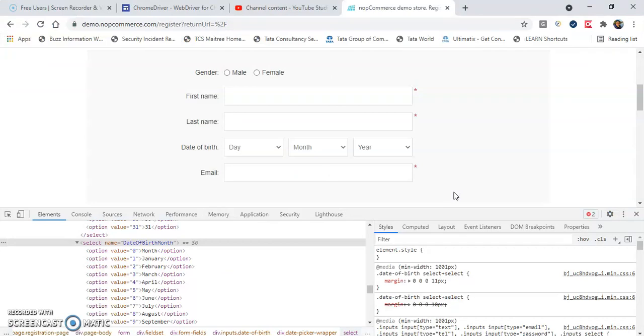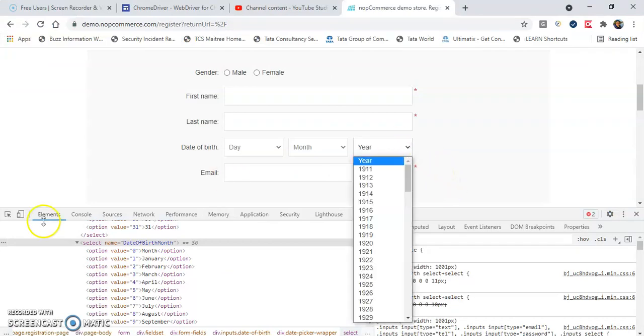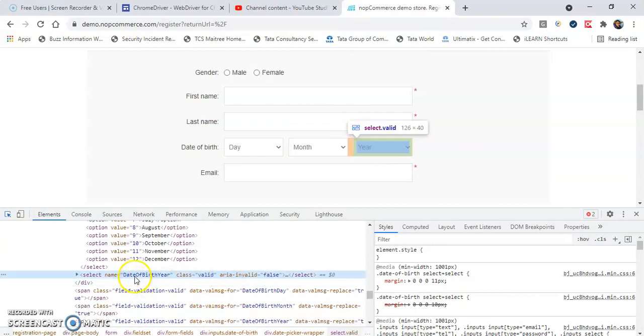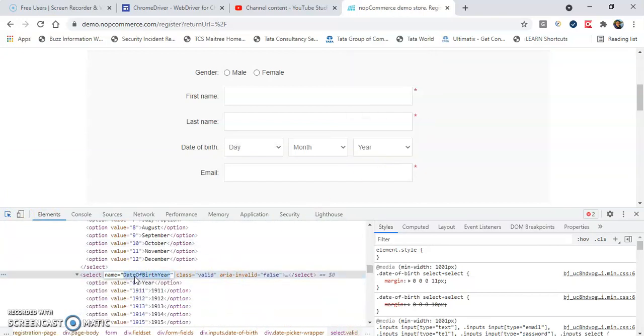Then I have to select the year, right? So I can inspect this one. So the name is date of birth year, take this one.